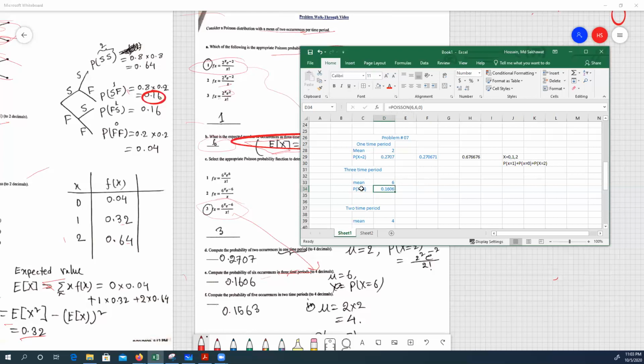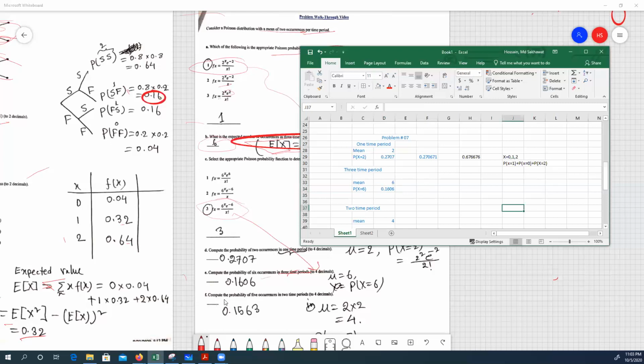this is not the cumulative probability, right? We are not finding the probabilities of x equals 0 to 6. We are just finding the probability x equals 6. That means exactly x equals 6, not up to 6. Okay, so that's why you have to use this 0. But if you find the probability of x up to 6, that means from 0 to 6, then you have to use 1 instead of 0 here. Here instead of 0 you have to use 1. It will give you the cumulative probability. Okay,